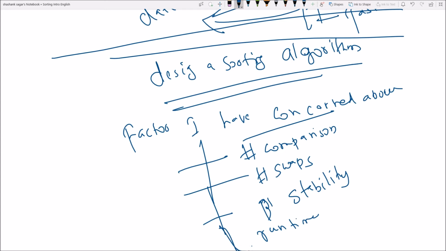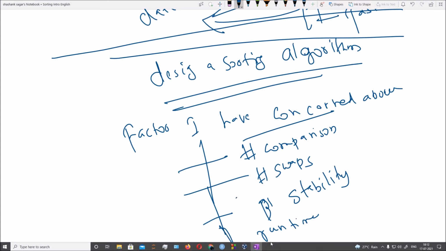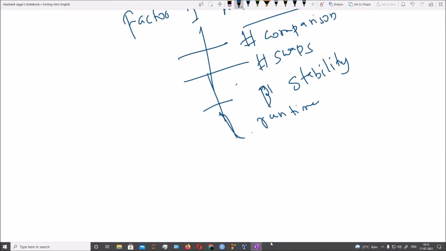And one more thing is how much memory it is using, extra space. Now we are going to see each of these one by one.